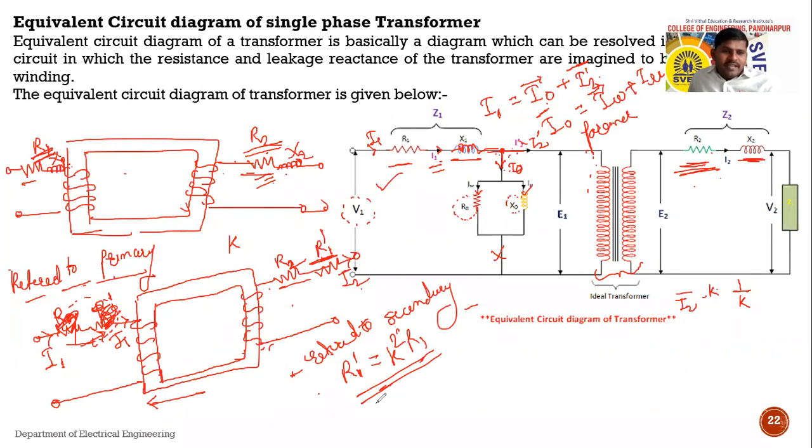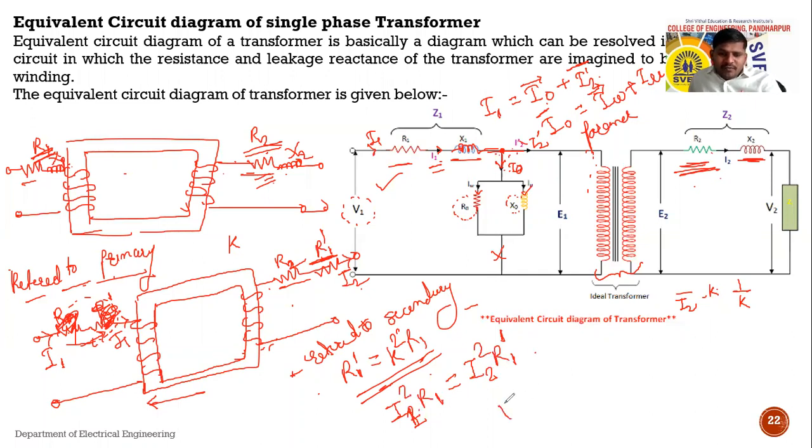When it is at the primary side, the current flowing from the primary side is I1, into the resistance of that side R1. When transferring to the secondary side, the current flowing from the secondary side is I2, into the resistance at the secondary side. So we write the copper loss, I square R: I1 square R1 is equal to I2 square R2.